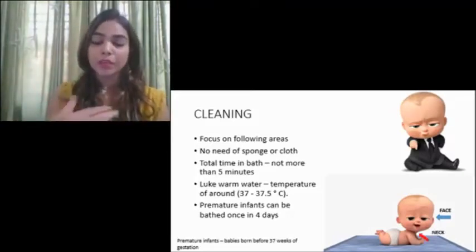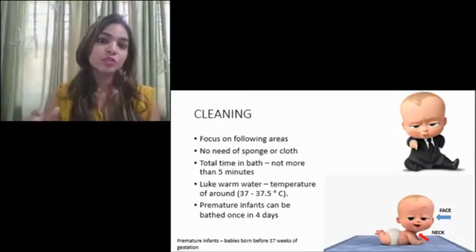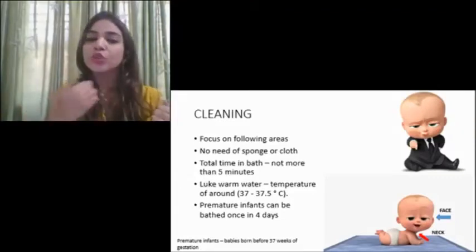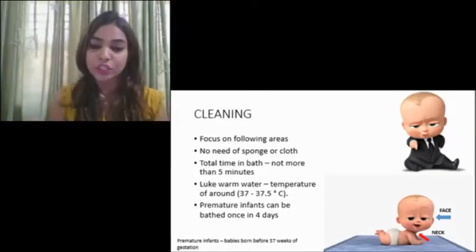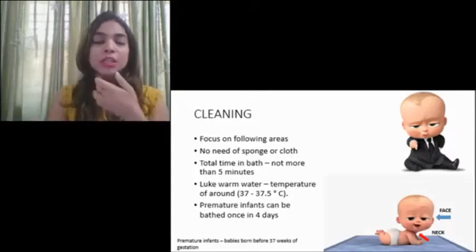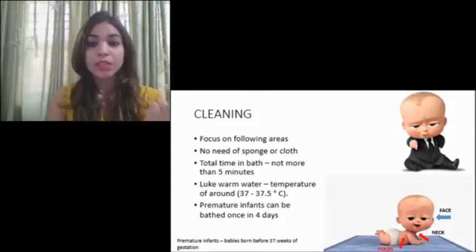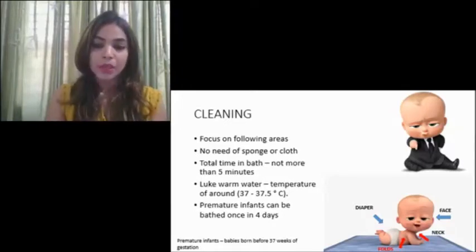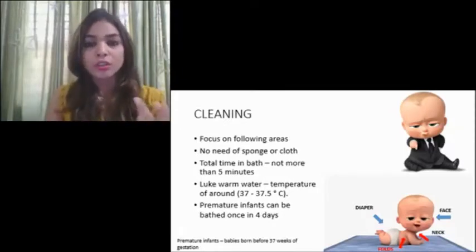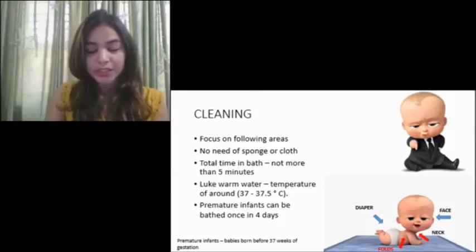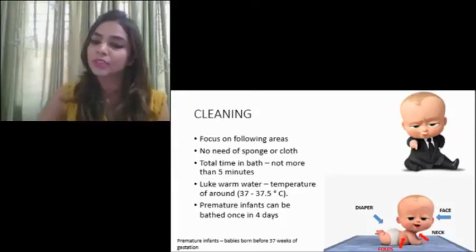Followed by the neck. Babies who are a little chubby are very prone to get infection on the neck, fungal infection of the neck. So it's very important you clean the neck properly and keep it dry. Similar with the folds and diaper area. Obviously your baby will be soiling with urine or poop, so it's better you clean every time whenever the baby soils the diaper or the cloth.